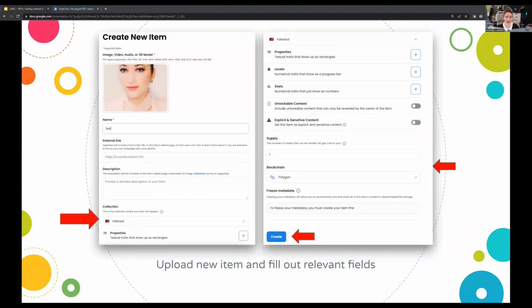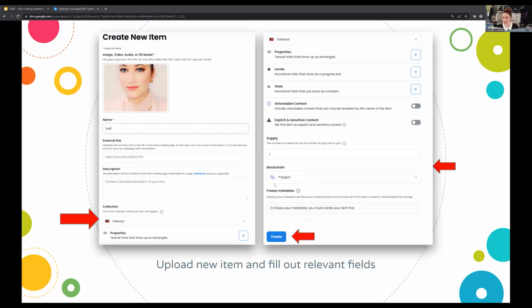You'll notice that what's changed is that now the item is listed in connection with a collection. So you'll see that that collection has been added here, and you can actually select that. You'll want to make sure that the supply is set to 1 and that the blockchain is set to Polygon. And when you're ready, you'll hit create.